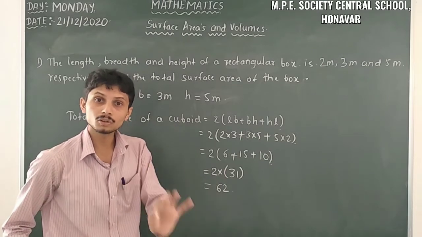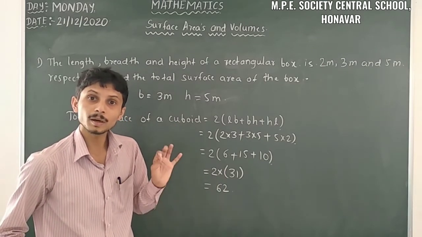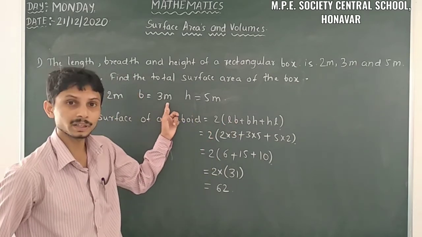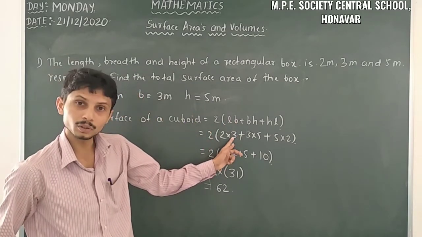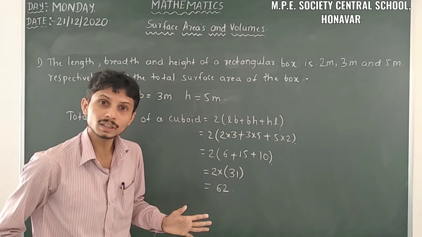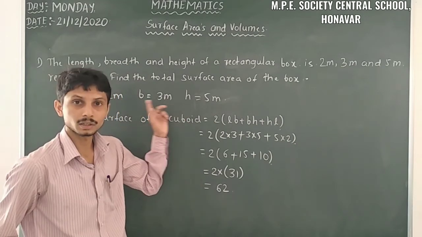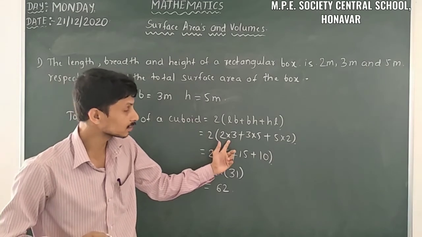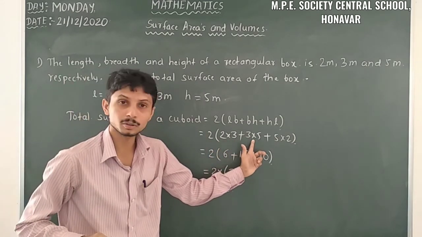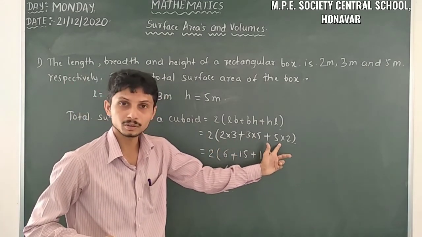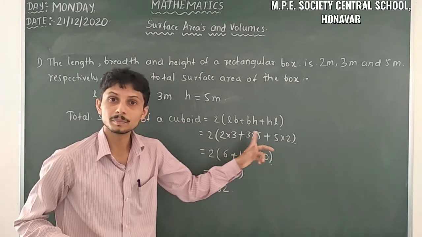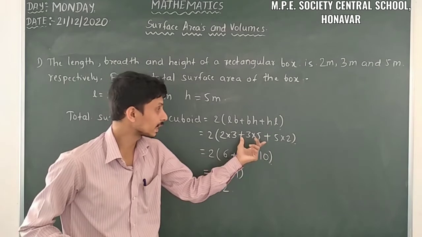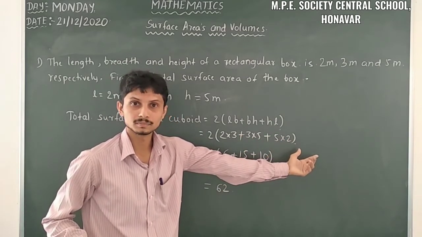Must write the unit. What's the unit here? It's a meter square. Here just observe L into B. So here we have 2 meter and 3 meter, so we are considering only 2 into 3. But unknowingly we have meter and meter. We have to know that meter and meter exists here. Here also meter into meter, meter square. Here also meter into meter, meter square. Here also we have meter into meter, meter square. Meter into meter, meter square, is common in these three. So that's why we can take out meter square outside.